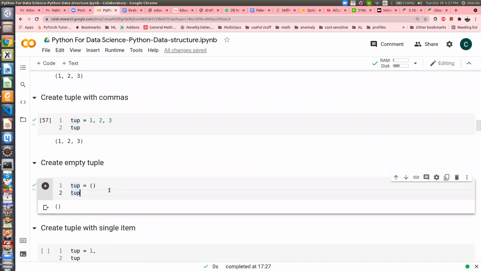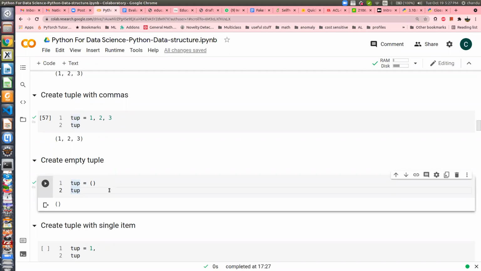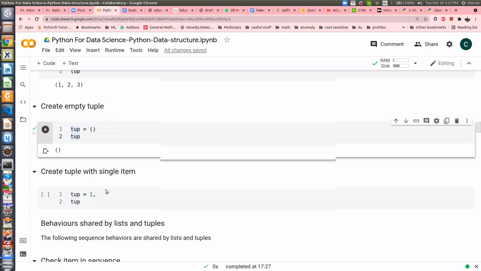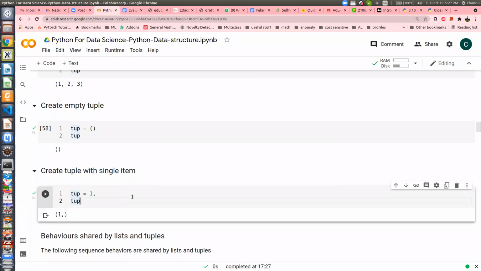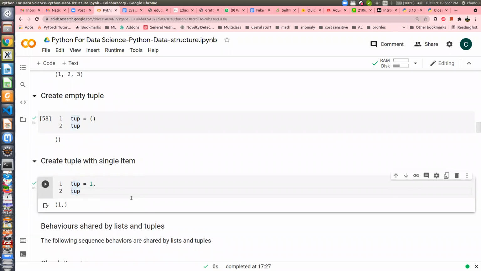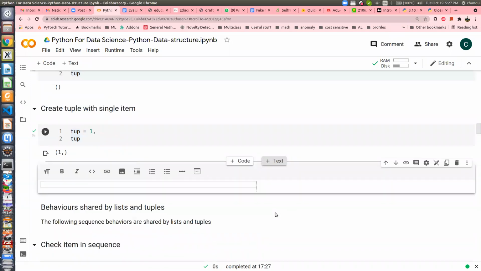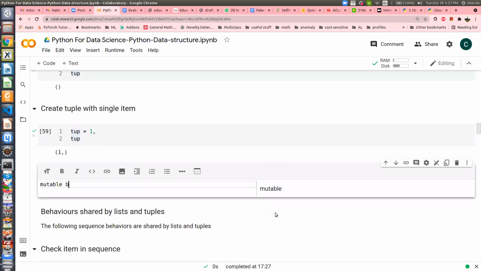What is the difference between list and tuple then? I'll talk about that in a moment. Let us talk about some features of a tuple. You saw how to create tuples. You can create a tuple with a single item. You can ask why I'm talking about tuples, what is the advantage. The thing is that there's a term called mutable versus immutable data structures or data types, if you will.